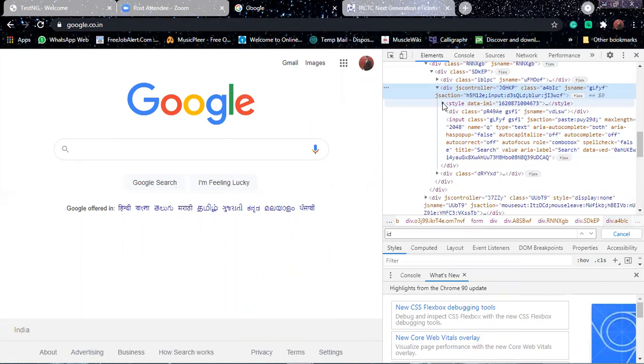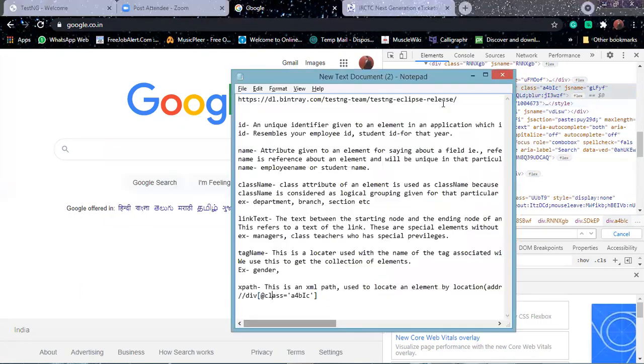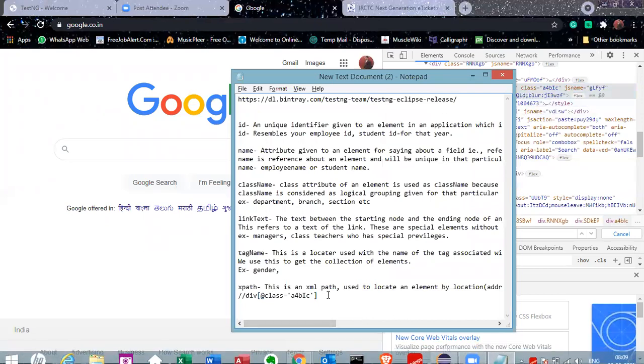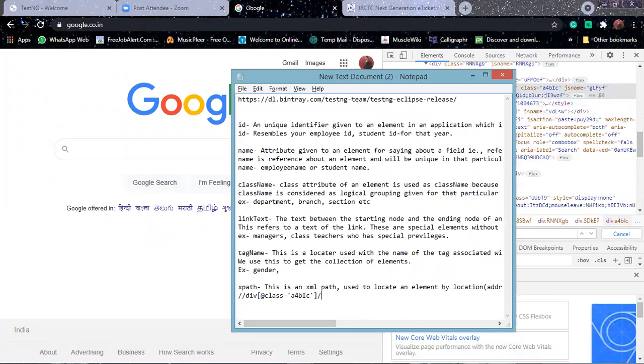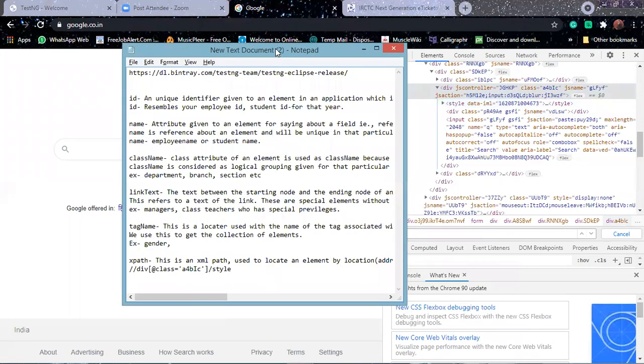Go there and type slash style. This is your area. Slash div. Slash input.